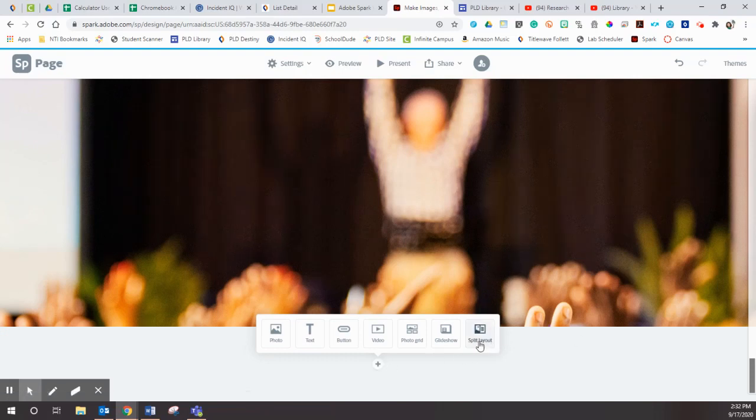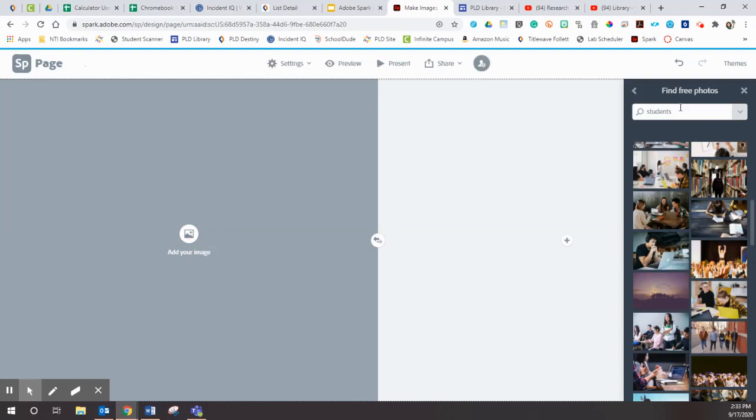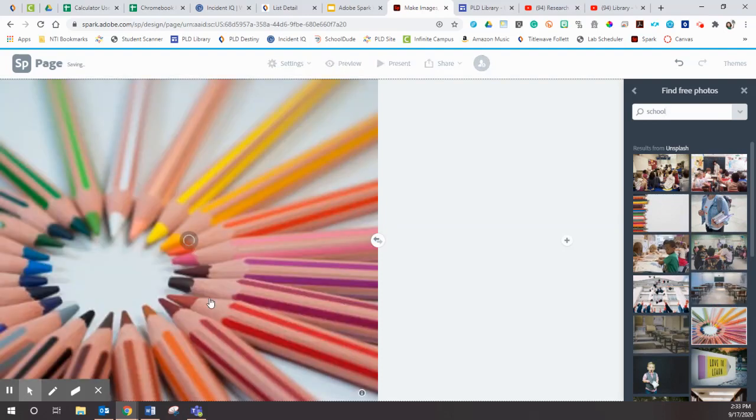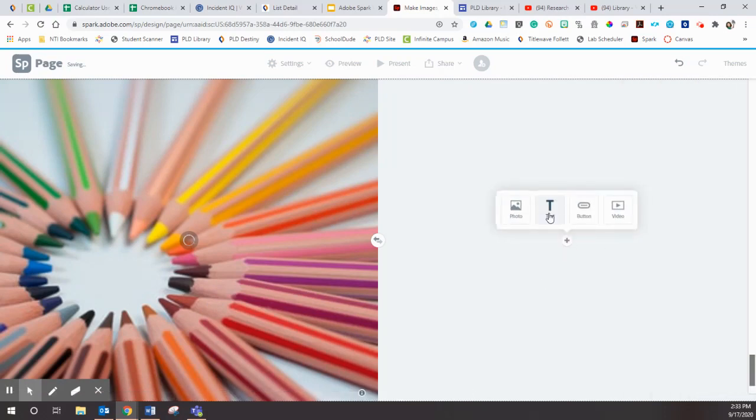The final thing I'm going to show you is the split layout. Split layout basically lets you add text on one side and an image over here. So I'm going to find an image of school. And oh, I like this one because there's a lot of color involved, and I like the rainbow there. And then I'm going to add some text over here, and I'm going to say, we are learning both in and out of school in 2020. And